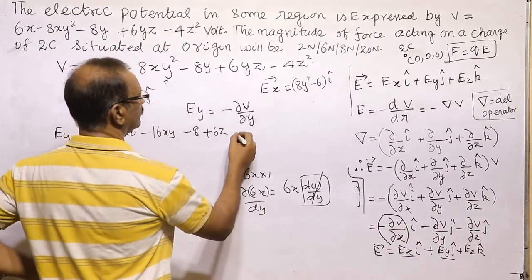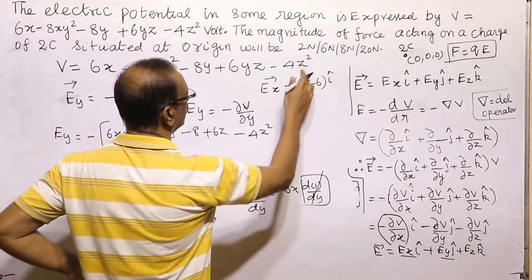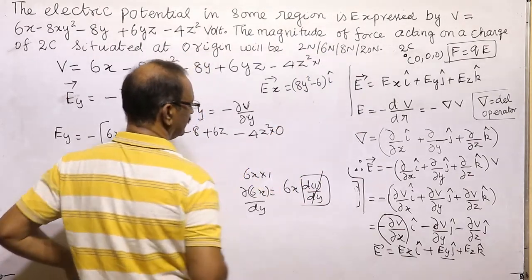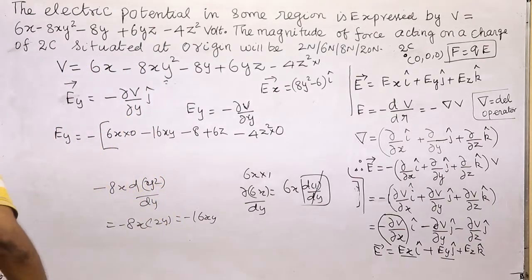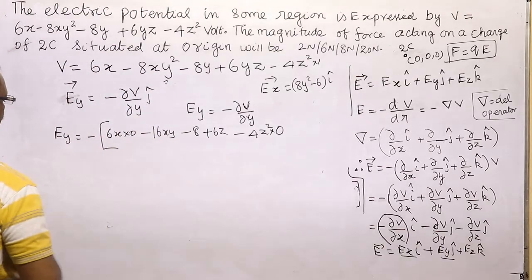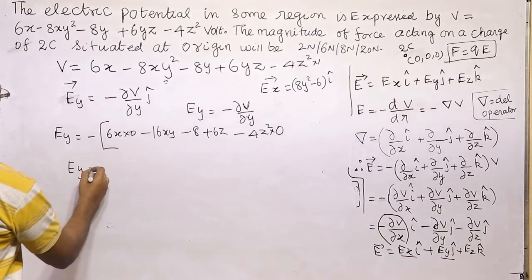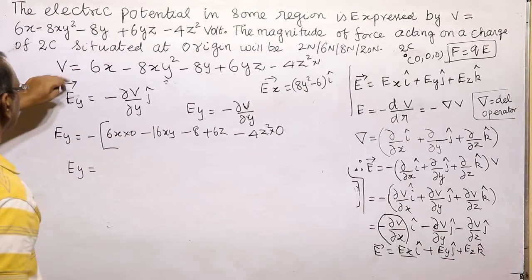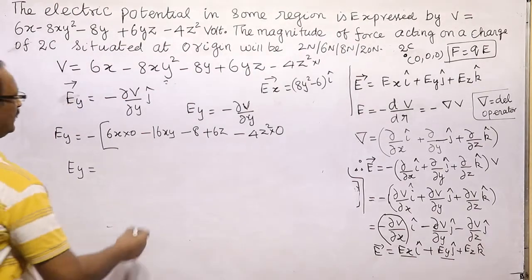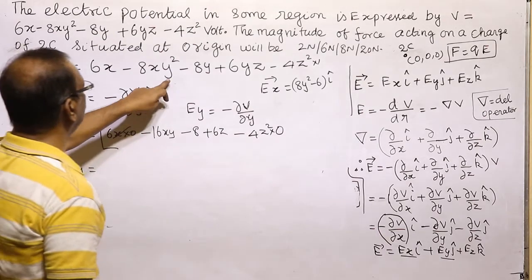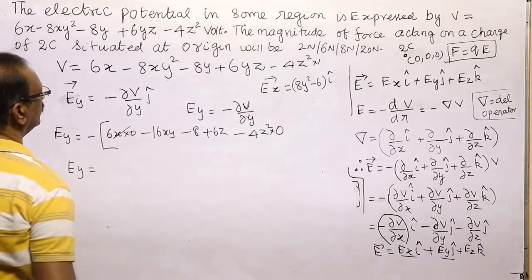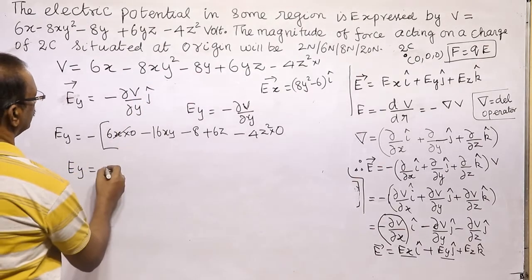Now here we take minus 4z square, and the 1 along with this; differentiation of 1 is equal to 0. So this is the derivative of this one. So we can write Ey. What is Ey? We can check from here also. With respect to y, we are differentiating, so this entire thing is constant and that becomes 0. Then, minus 8x is constant, differentiation of y square is 2y, so that becomes minus 16xy.